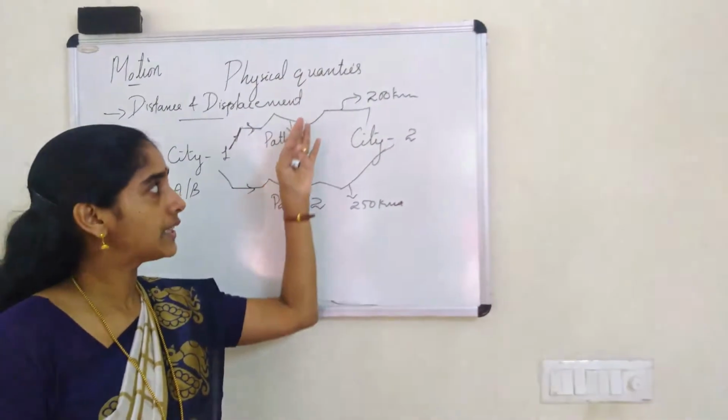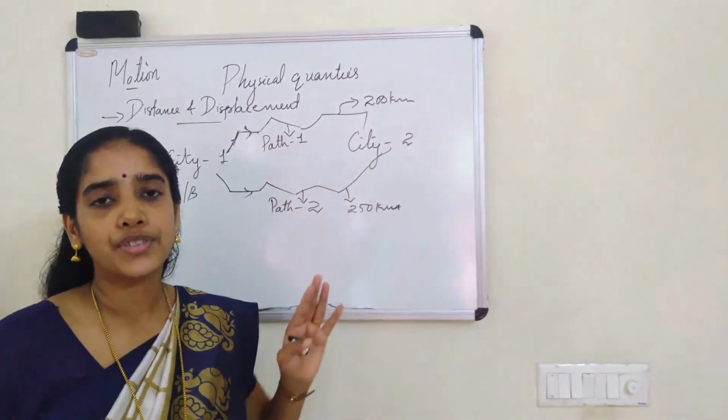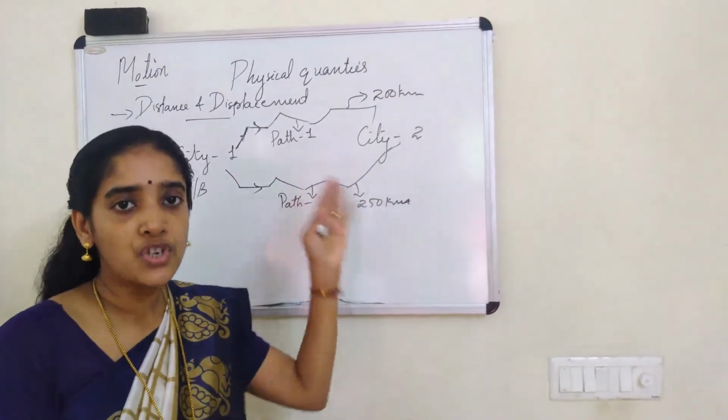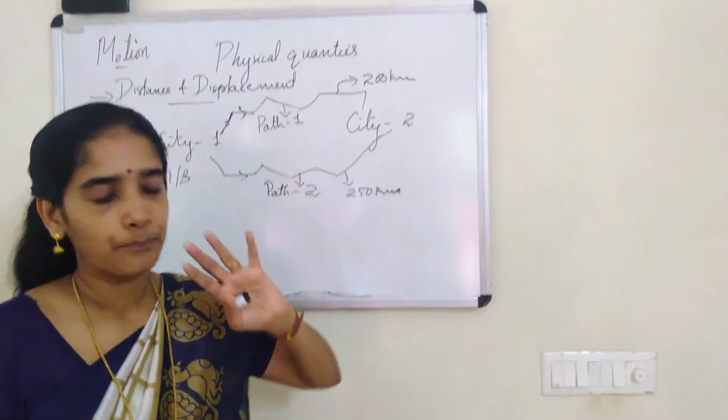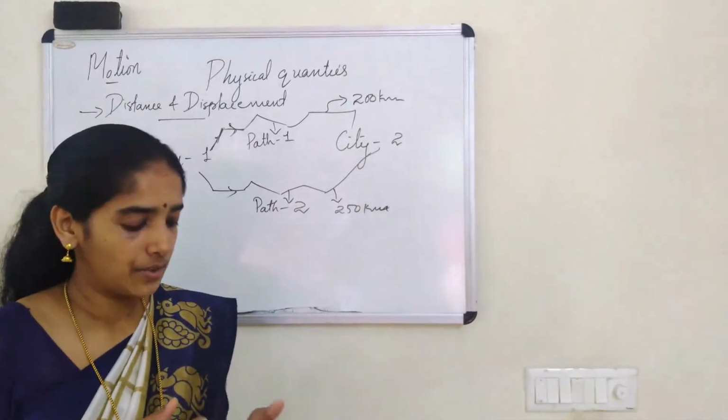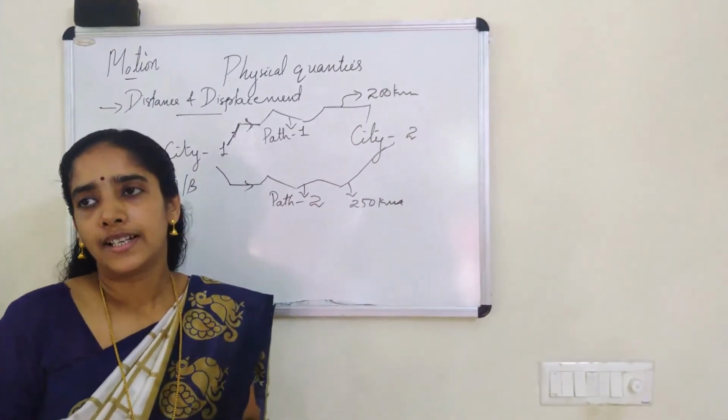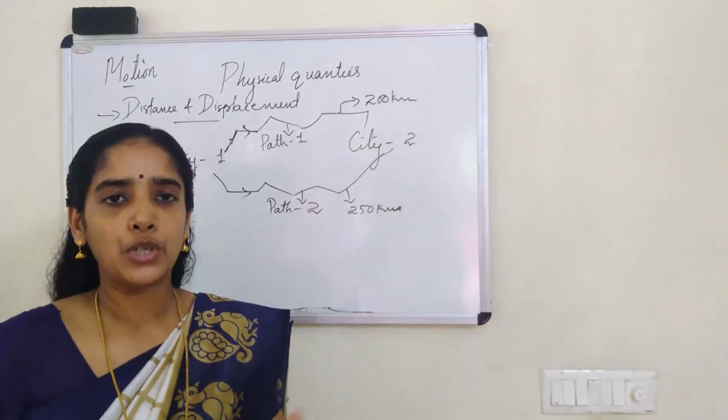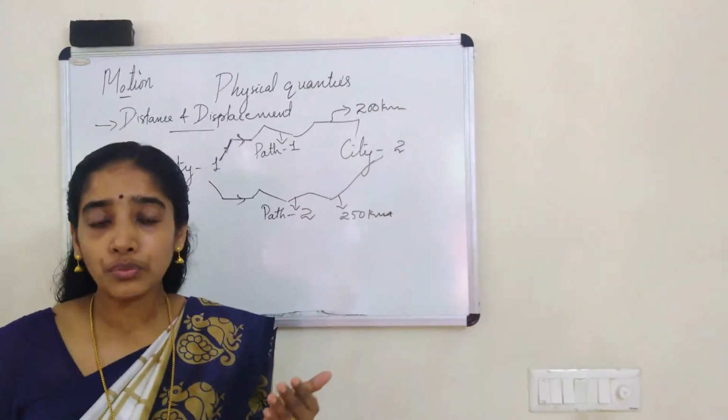And same with this path also. So if you take the help of the path, we cannot say in which direction the person should move to reach the destination. But we know that in our map or on the globe, like suppose we want to move from MP to Kerala, so we know we have to move towards south.